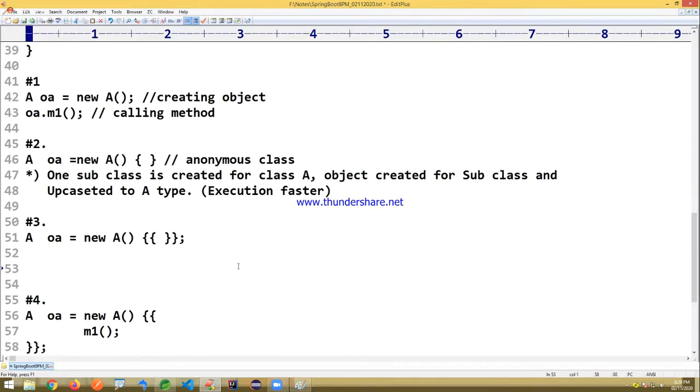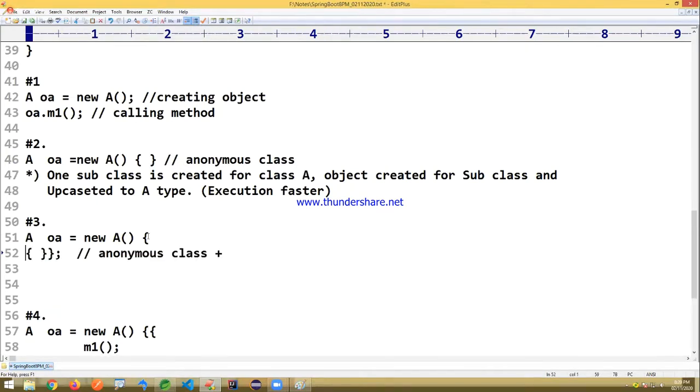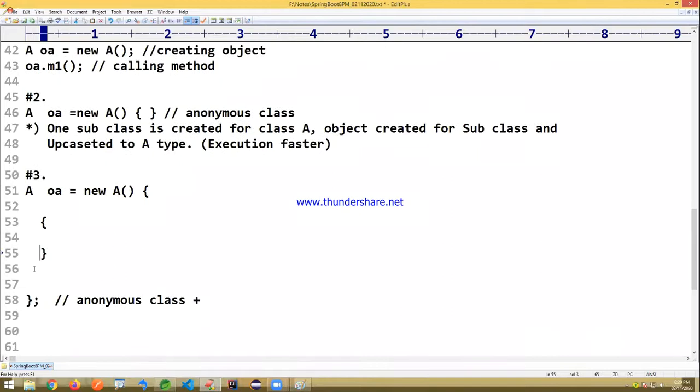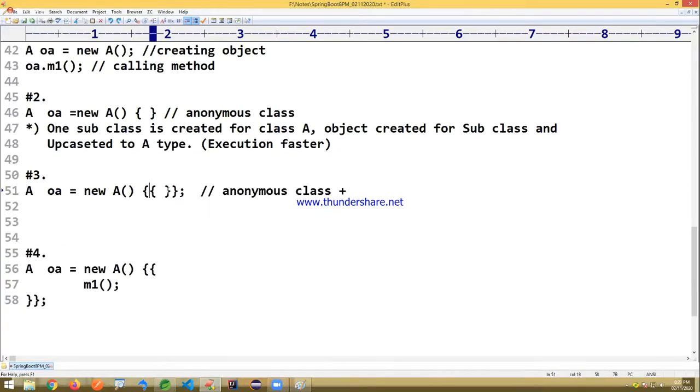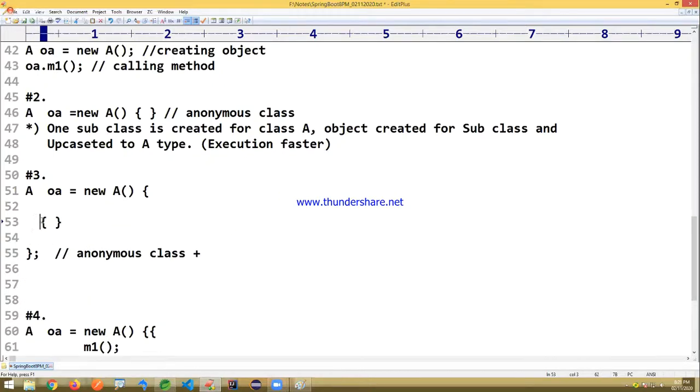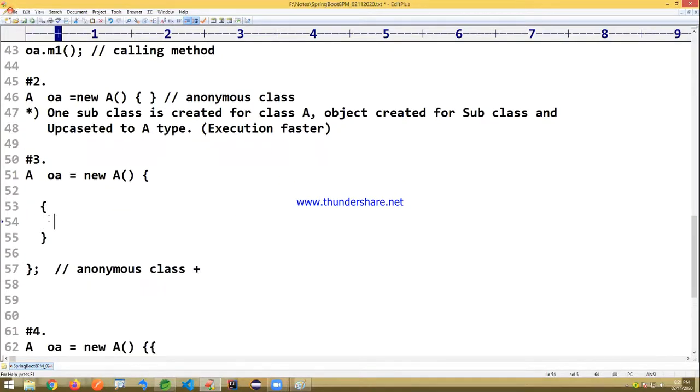This is an anonymous class plus, inside the anonymous class, if you write open brace and close brace, this is called a block. There are two types of blocks available here. One is called a static block and the second one is an instance block. I just gave it like this to make confusion: two open braces and two close braces. Properly, if you look at it, it's a block. So Java supports two types of block. This is called an instance block. We can also call it an instance initializer block.